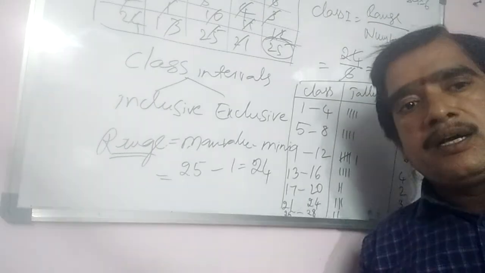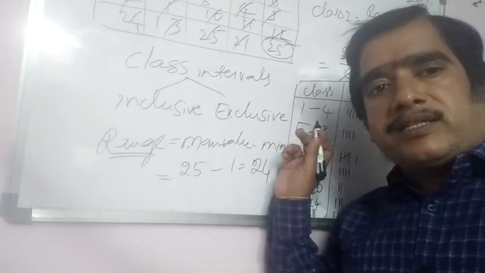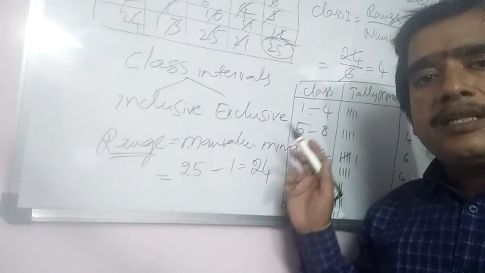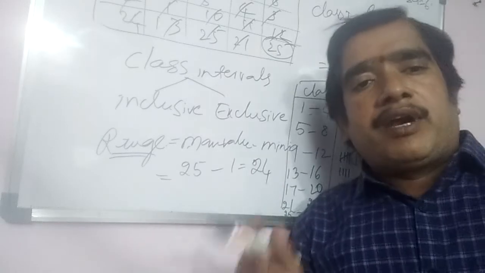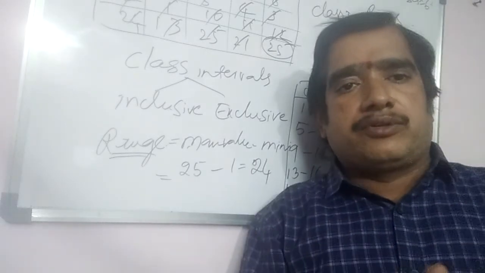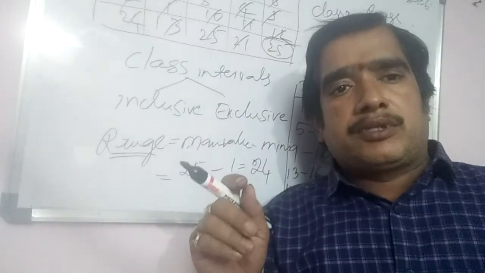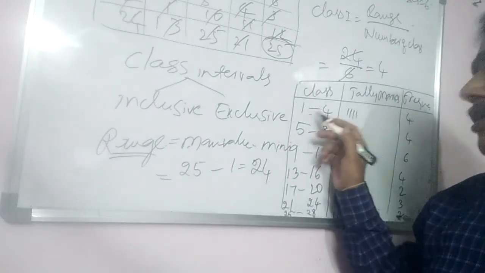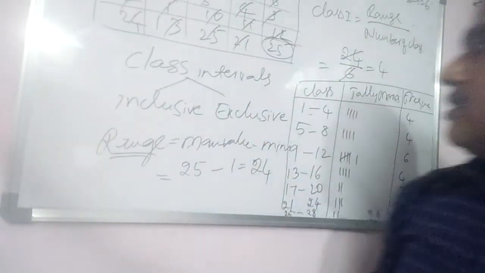This is about the frequency distribution table, and these are called inclusive classes because 1 and 4 both are included in this. Then how to write exclusive classes? When to use exclusive classes and when to use inclusive classes? For example, in this data, suppose a student got 4.5 marks. You will get a doubt where to put it, either 1 to 4 or 5 to 8. That's why we will write exclusive classes for the same problem like this.